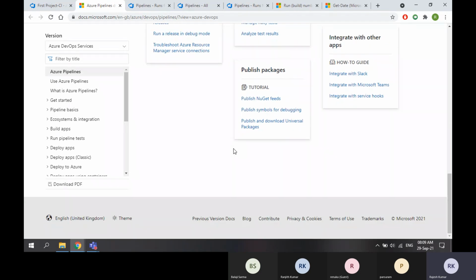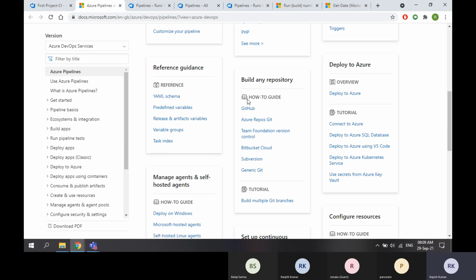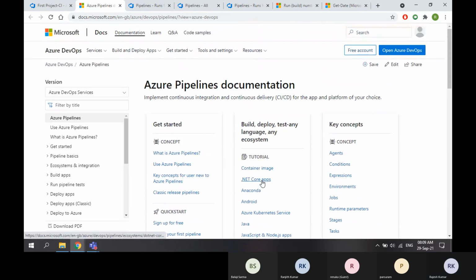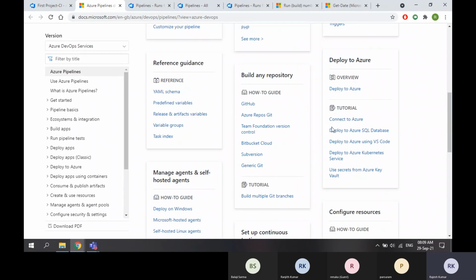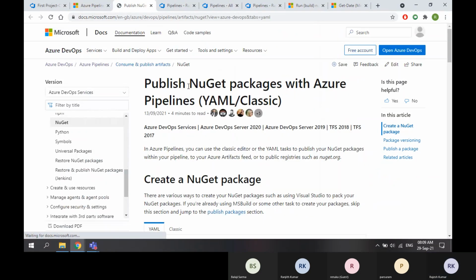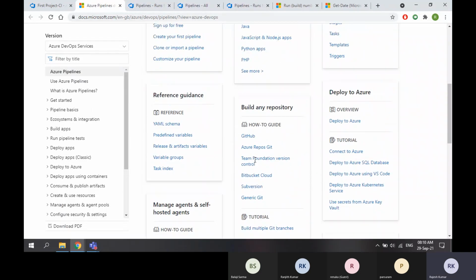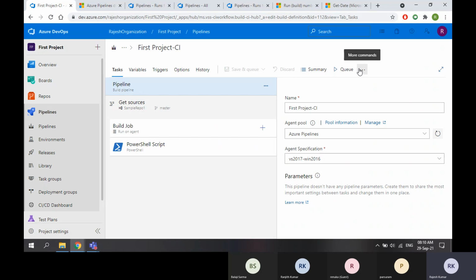If I'm not wrong, I think these are video tutorials. The icon, these are like documents. This is like something like video tutorials. You can just randomly check this. I remember documents only. Sometimes I have seen some video tutorials, but the documentation page will help you to refer to any doubt in pipelines. So that is about help.